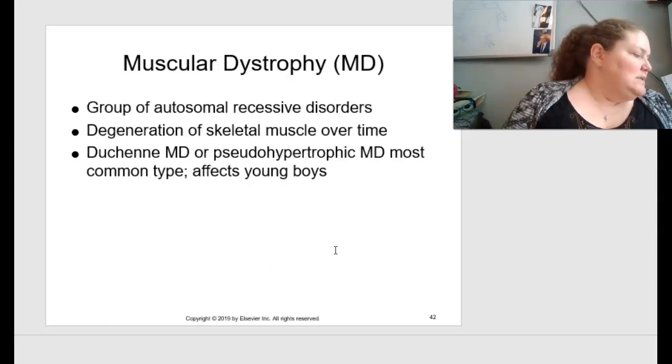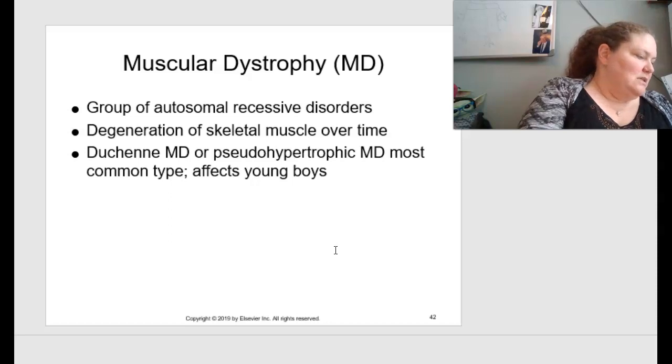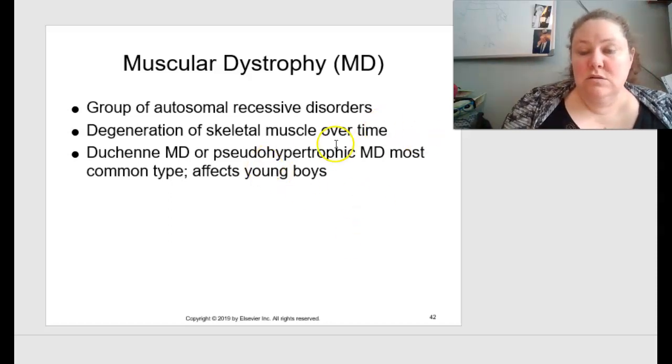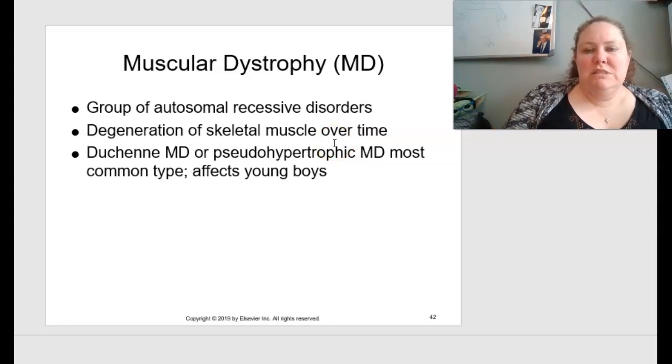So what about muscular dystrophy then? Well, this is a group of autosomal recessive disorders, and we talked a little bit about the genetics of this last week, and this is on page 175. And so muscular dystrophy is going to be the degeneration of skeletal muscle that occurs over time. And Duchenne's muscular dystrophy or pseudohypertrophic muscular dystrophy are the most common types, and these can affect young boys over